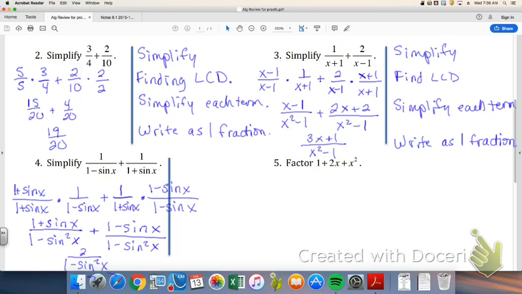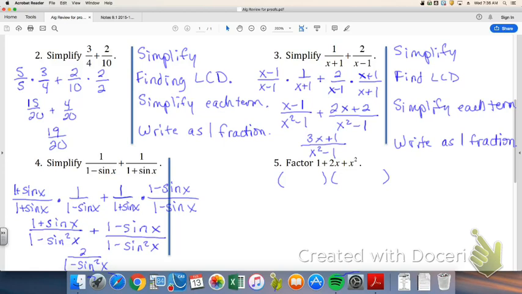So right here, being able to do this, that's a big part of being able to solve a proof. As long as you can do the algebra steps behind it, you can do fine on this because it's just algebra steps. Okay? So now let's go, continuing with some algebra, factoring. On number 5, we want to factor 1 plus 2x plus x squared. Now I have it written that way for a reason, and I don't want to rewrite it. I just want to factor it as it is, as it's written. Do you have a question? Okay. So factoring it as is,